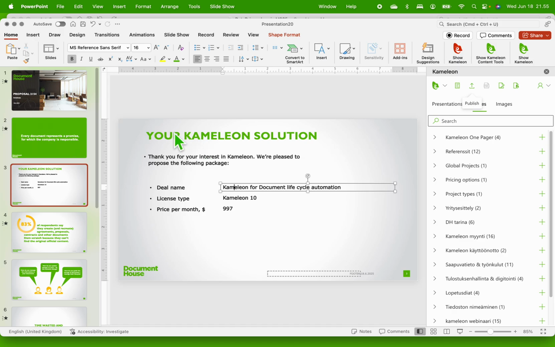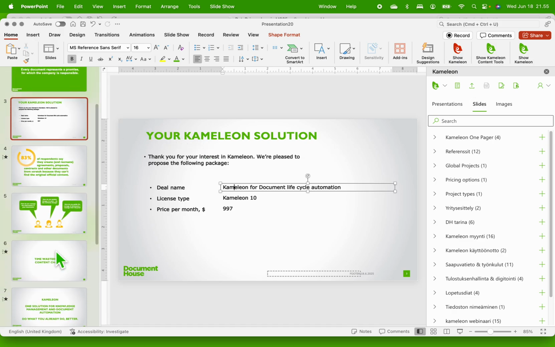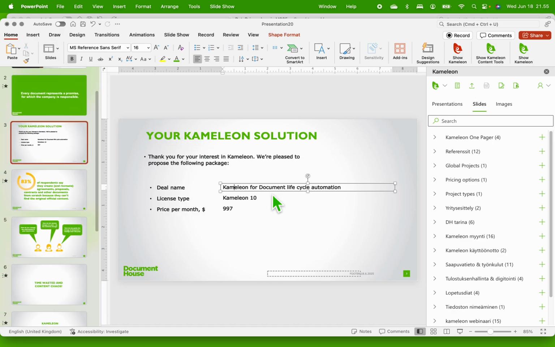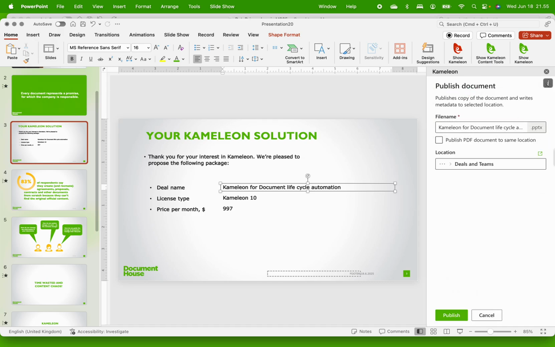So now we have the file ready. It came with content, and we just embedded the metadata to customize it to this particular use case. Then if I want to save it to SharePoint for later access, I click this publish button, and the file is already automatically named. We use these Kameleon fields and metadata to create the name,